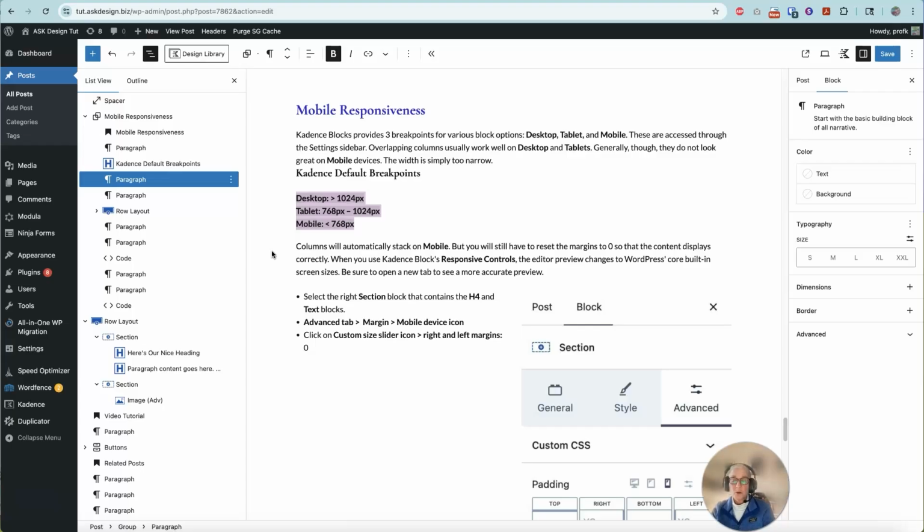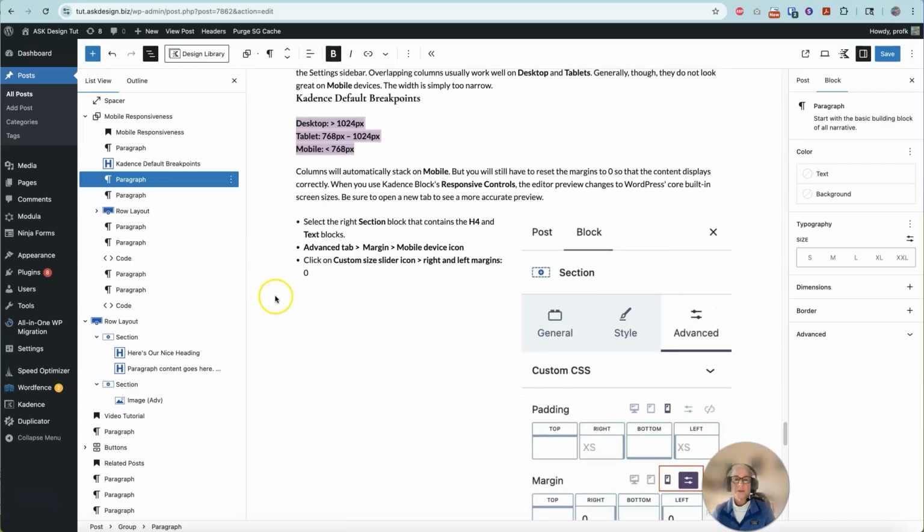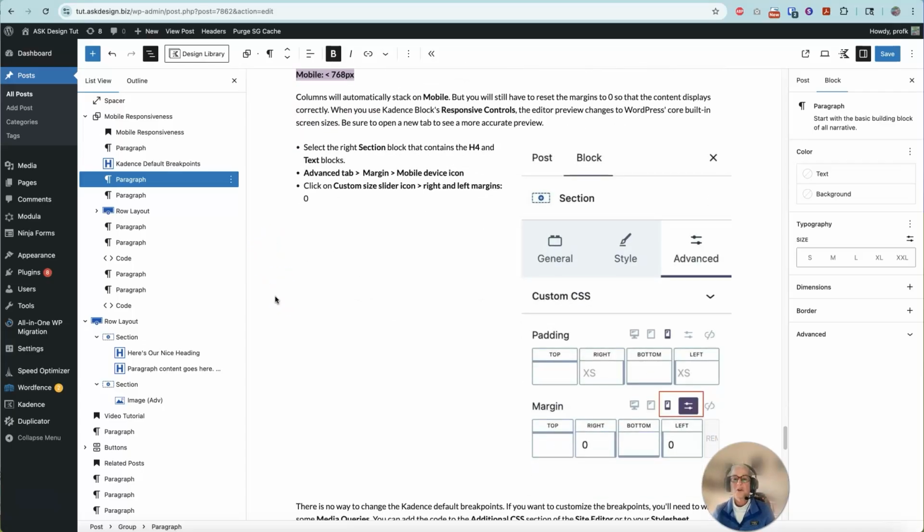Overlapping columns usually work well on desktop and tablet. Generally, they don't look great on mobile. The width is simply too narrow. The columns will stack on mobile, but you'll still have to reset the margins to 0 so everything will display correctly. Now, when you use the